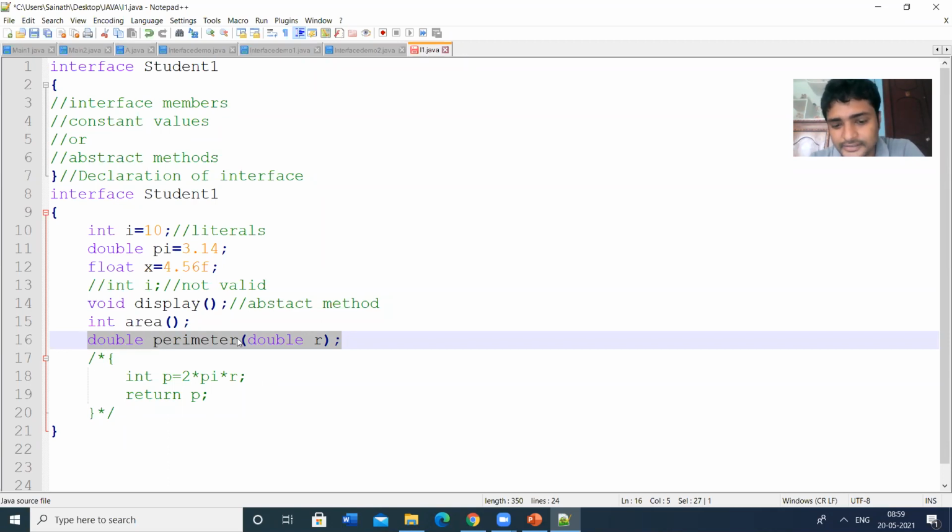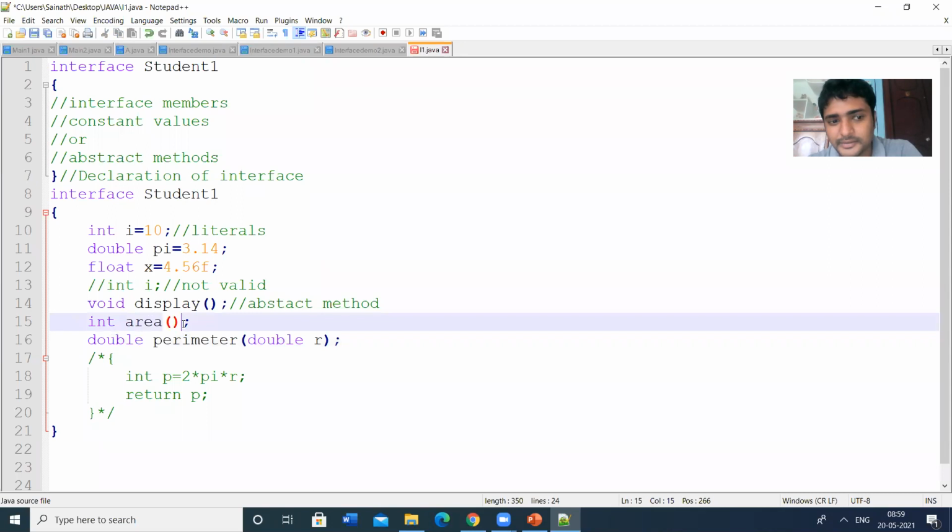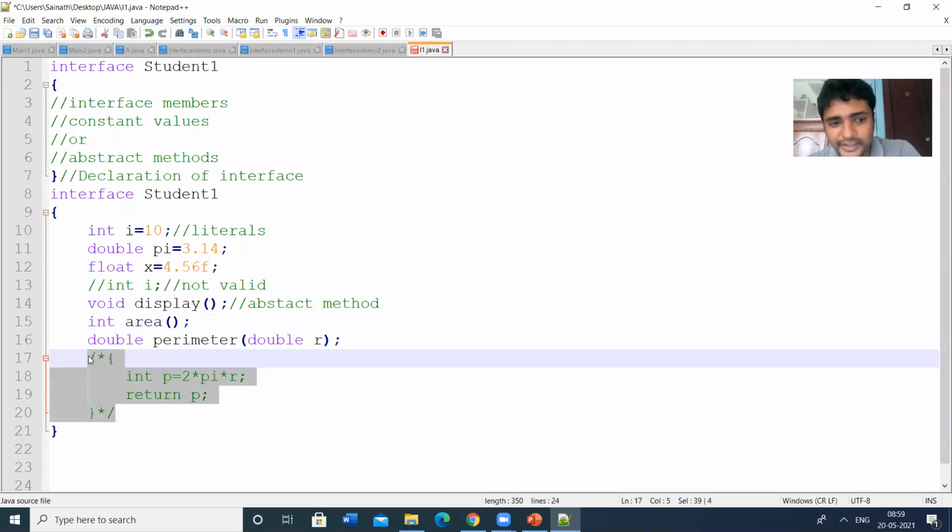That type of methods are known as abstract methods. Display is an abstract method, it doesn't consist of any implementation. Area is an abstract method, and perimeter is an abstract method. So we don't define these. If you don't have any definition, then those methods are known as abstract methods.